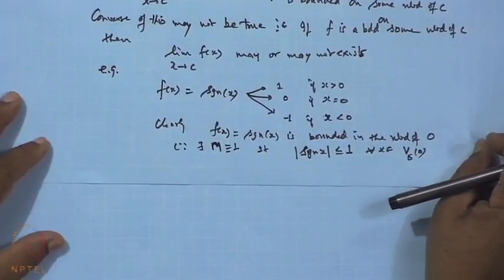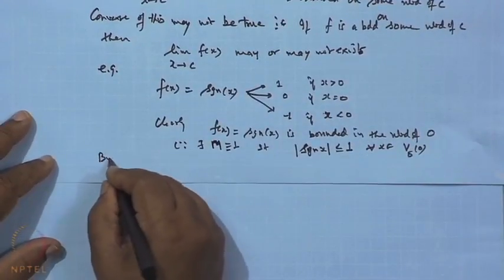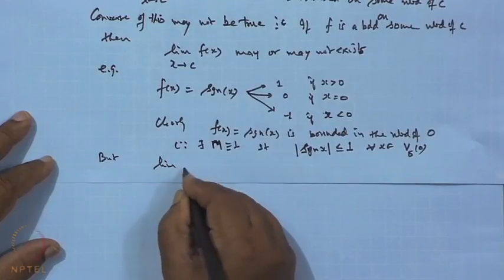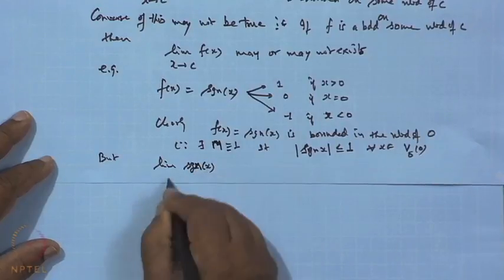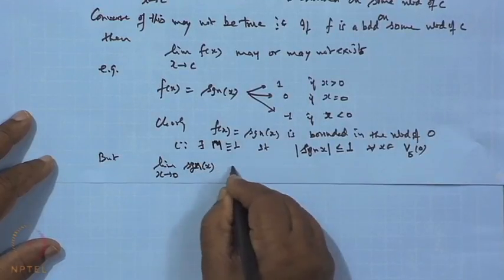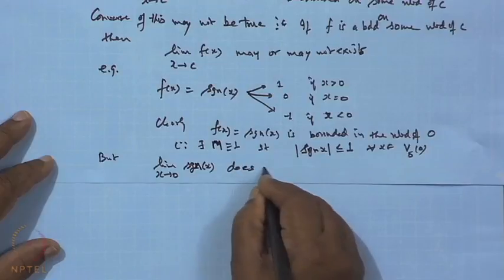But as we have seen, the limit of this function signum of x when x tends to 0 does not exist,